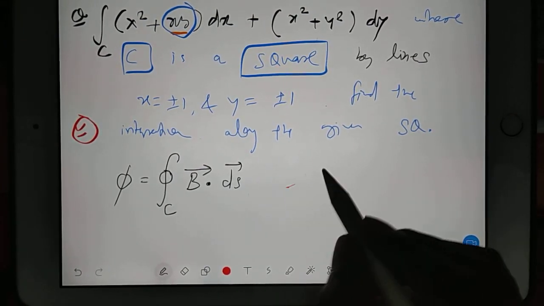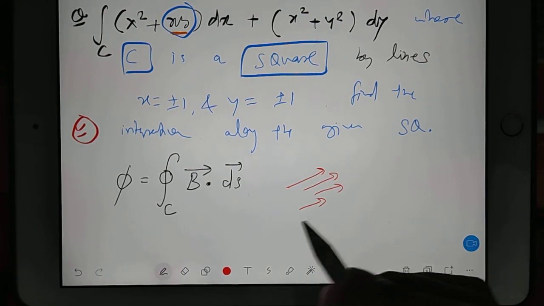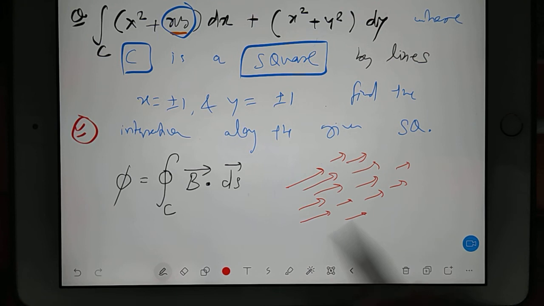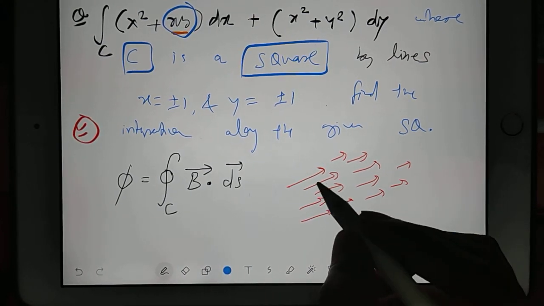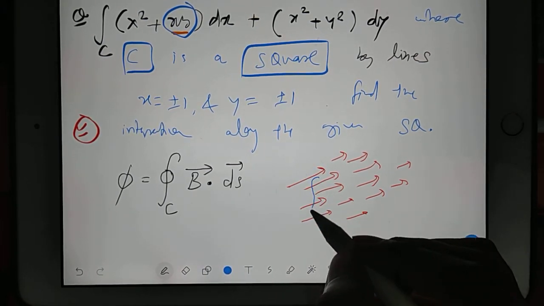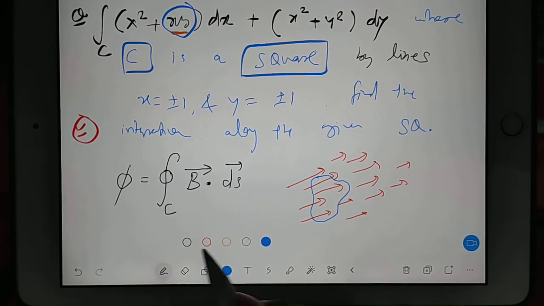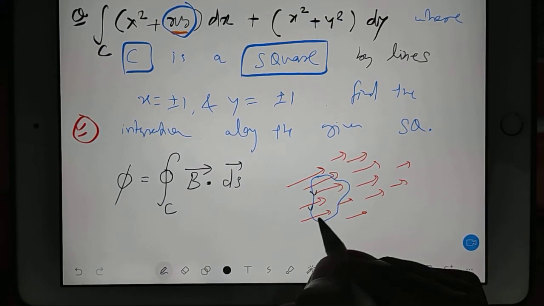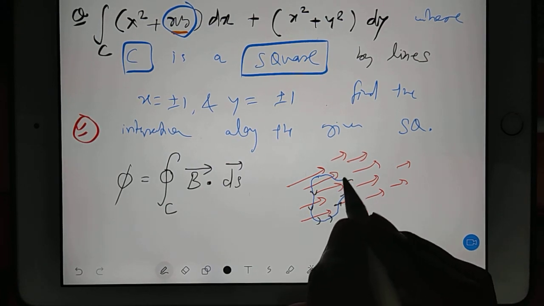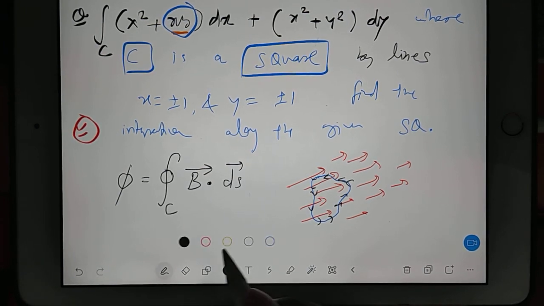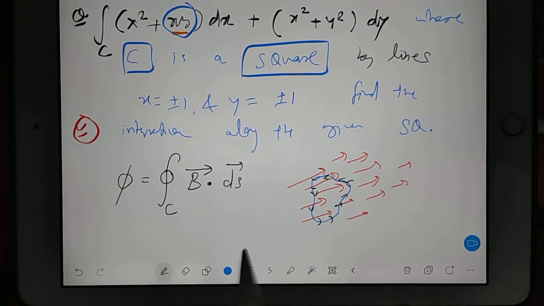Let me explain. Suppose these are the magnetic field lines passing in the space, and I want to know how much flux is passing only from this much area. Only from this much area. So in that case, all those flux I should integrate about this closed curve. That is the meaning. But okay, this is one concept.